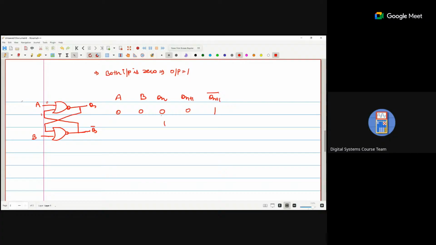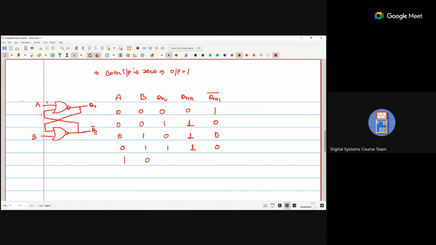Okay, and when Qn is 1, so Qn will go with B, so Qn bar is 0, and Qn bar is 0, A is 0, so we are getting 0, 1. Okay, so B is 1, that means Qn bar is 0. This is 0 and A is 0, so it becomes 0, 1, 1. B is 1, so one input is 1, so that means output with respect to this one is 0. This is 0, A is 1, so